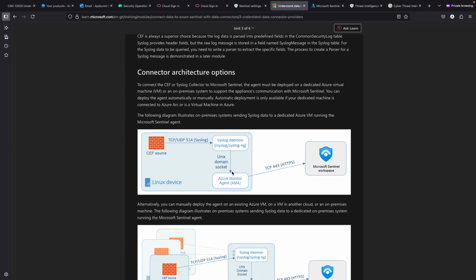When installed, it picks up the syslog information and injects